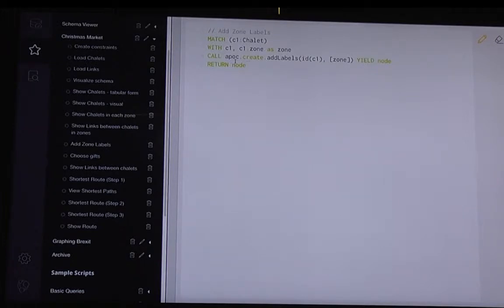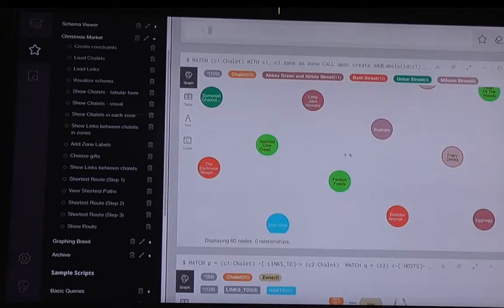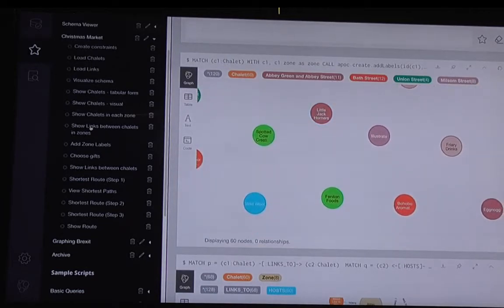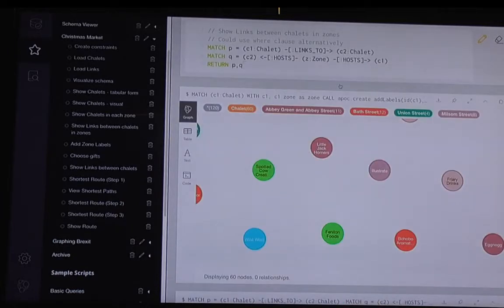So the way that this works is that again, you're matching the chalets. You're using the node itself and the zone property on the chalet, and then calling this APOC function, which allows you to add labels to the given node, and the property that's passed in is the zone property, and this will return the nodes. So if we run this, we're adding additional labels. So there we go. We've coloured in the nodes, and now if we run this link between chalets in zones